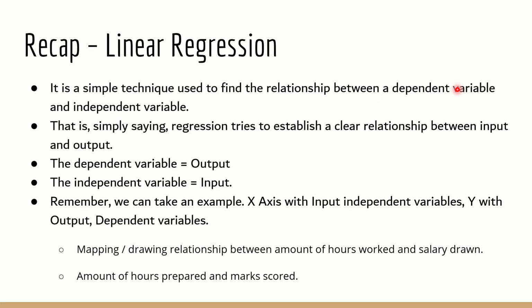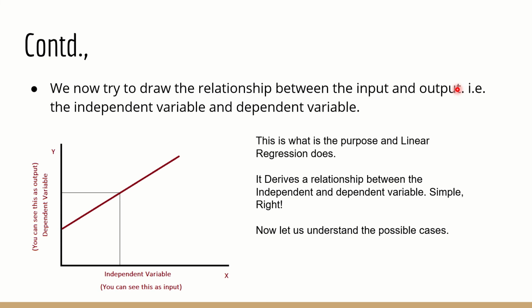It is a very simple term which is going to establish a relationship between the dependent variable and independent variable. Simple: the dependent variable is output, the independent variable is input. I am going to establish a relationship between the input and output, and that is all about linear regression. I am going to draw a line, and that line is going to help us in understanding the relationship. Now this line is the one that I have spoken about. The relationship between x and y can now be understood clearly, and this line is called the linear regression. It derives the relationship between independent and dependent variable.